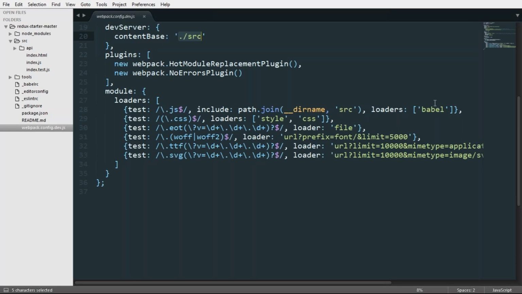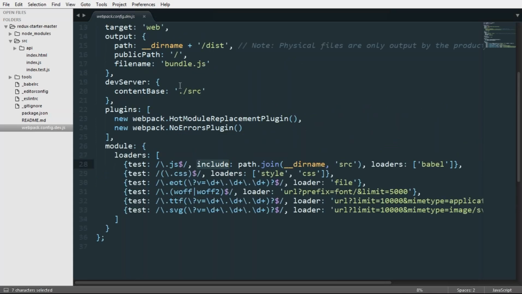So what is Babel doing? Babel is actually transpiling your React code to ES5 and then giving the output to Webpack, saying that I have given you the output for the JavaScript file, now let's bundle it. Similarly, if you are importing a .css file, then this CSS loader will bundle those things with the bundle.js. So for all different kinds of extensions, we are using these different loaders. So this is the file loader, style loader, CSS loader, and here we are using Babel loader. So this is all about the core structure of our application.